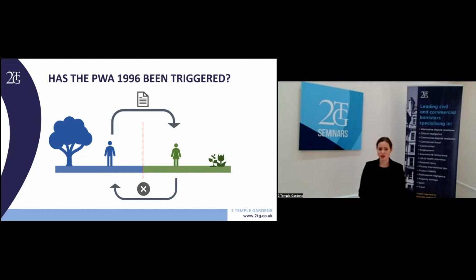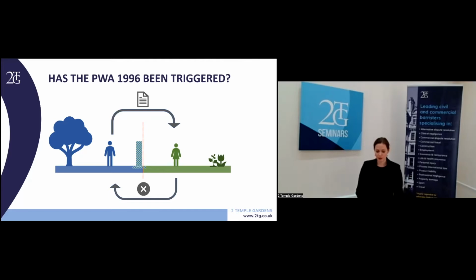Now, in that situation, Curtis is allowed to build a wall, but it must be entirely on his own land and can't straddle the boundary, save that he is allowed to place footings under Debbie's land. Now, this permission is time restricted. So if he wants to use Debbie's land in this way, he must do so within 12 months of the originating notice, because if he doesn't, the notice expires and he has to go through the whole process again.